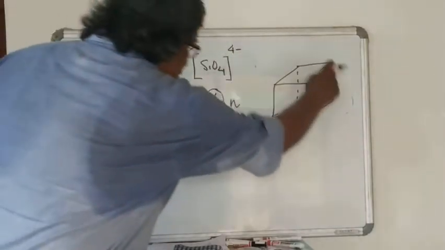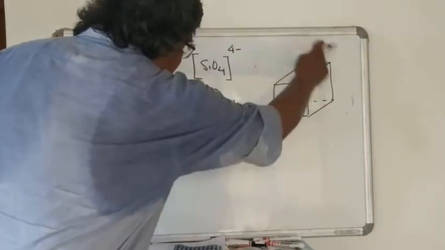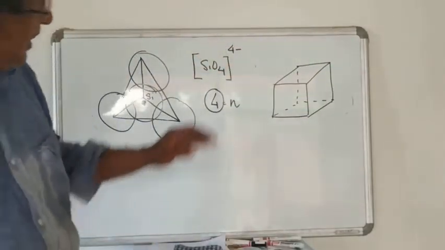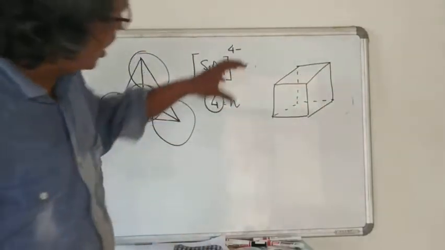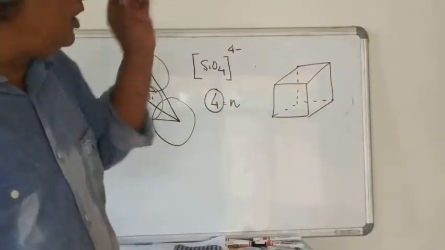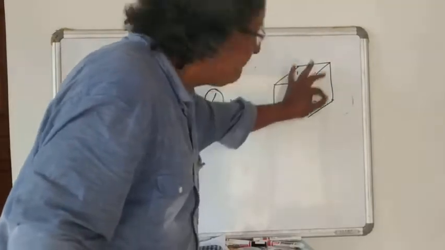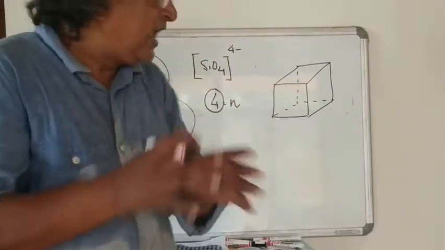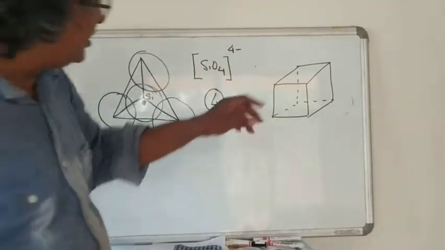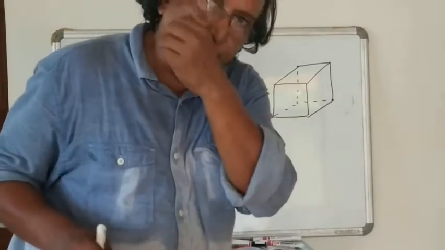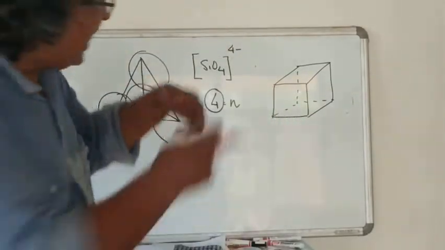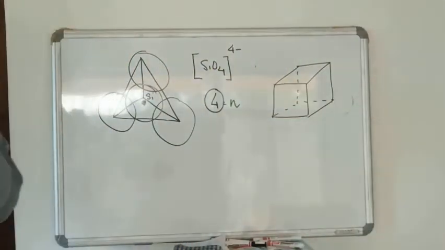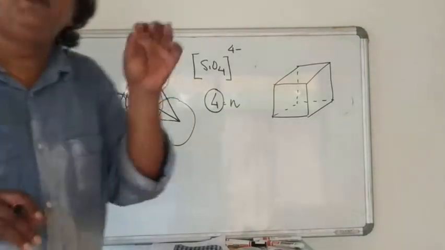And let's assume you can have 8 oxygen atoms, the 4 whose centers are located at the 4 vertices of a cube, or 4 at the top and 4 at the bottom. They touch one another, and the centers of those spheres coincide with the vertices of the cube. So inside it, where the 4 long diagonals intersect, there will be a small cation. And its size will be determined.